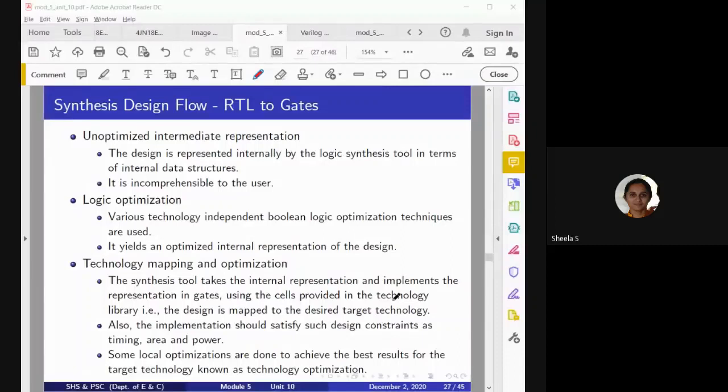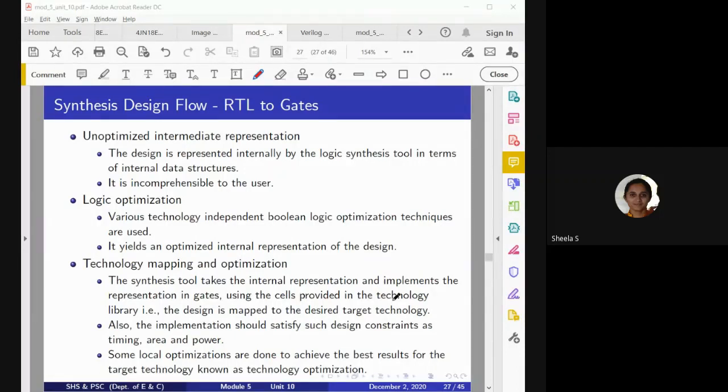If more basic or primitive structures are there, then a more effectively optimized circuit can be built, otherwise a less effectively optimized circuit can be built. So it depends on the corresponding technology library.